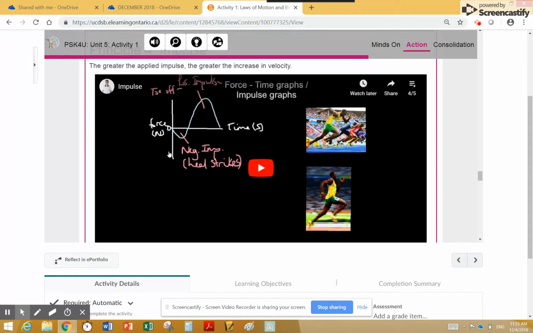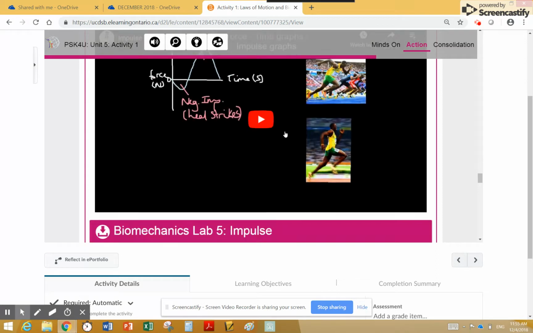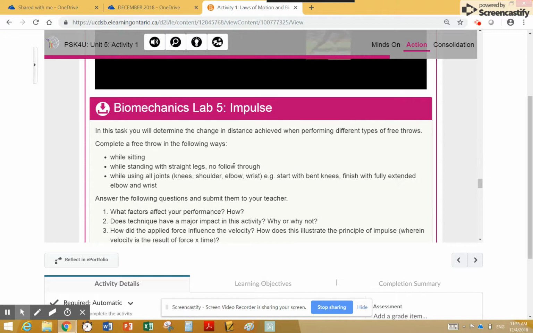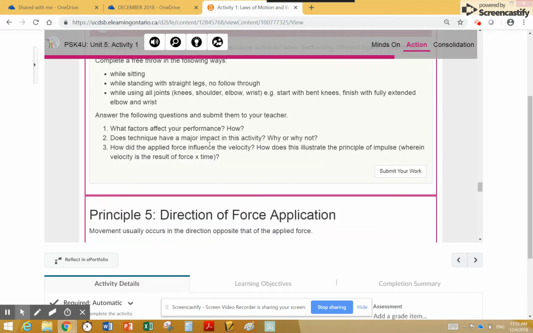Principle 4 is impulse. It's talking about the greater the applied impulse, the greater the increase in velocity. So again, the more force that you apply, the greater the increase in your velocity that will occur. Number 5 works on impulse. So again, follow the instructions here for doing free throws in different ways, and then submit your findings right here